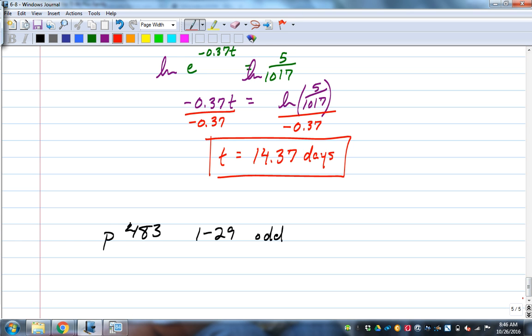All right, so the problems you want to look at, page 483, 1 through 29, just the odd ones to get you going with that. Formulas, I'll give them to you, just like I did with the finance stuff on the quiz. Quiz tomorrow, test Friday, right? Today's Wednesday. So quiz tomorrow, test Friday over chapter 6. So, a lot of stuff there, but